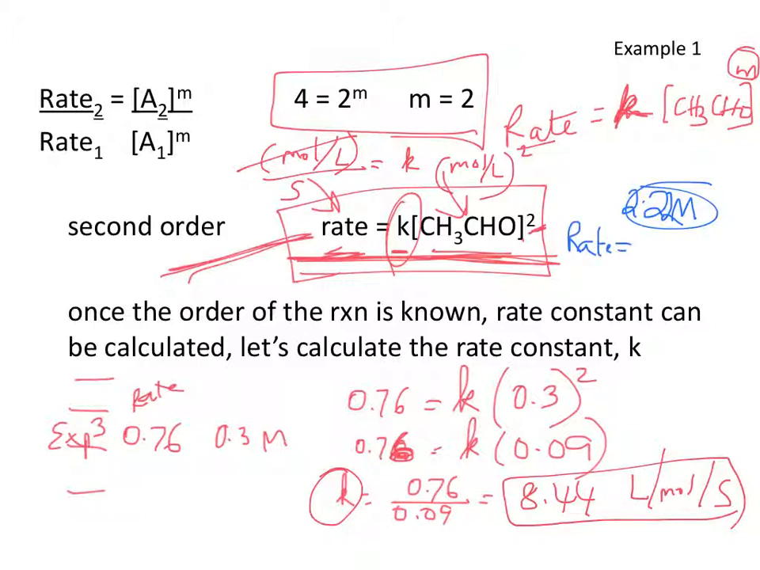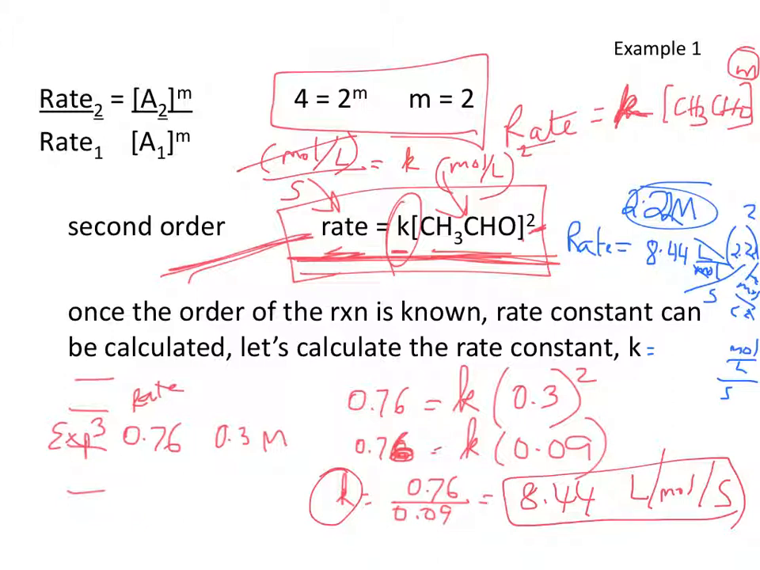Plug and chug. Rate is equal to 8.44 liter per mole per second, and we are going to multiply that by 2.22 squared, and of course that's going to be moles per liter, and squared, each squared, so 1 liter per mole, 1 liter per mole is going to get cancelled. Your units overall will be moles per liter per second, and on my calculator I'm punching in